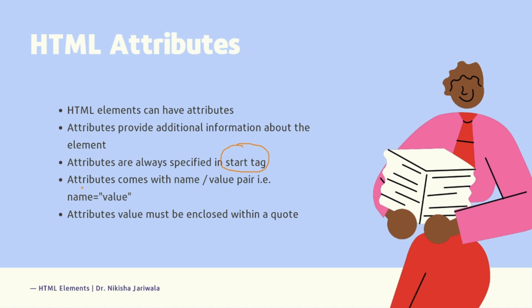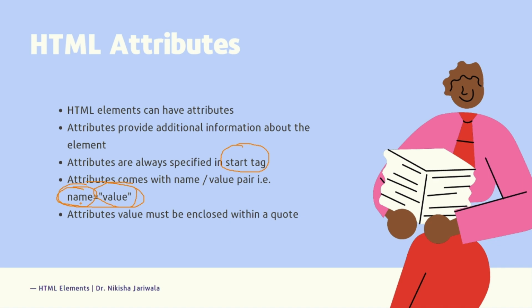Here I have given the syntax of the attribute, that is how we can specify it. Name means the attribute name, and value means the value we want to specify for that attribute. For example, if I want to set blue color for the text within that paragraph, I specify blue as the value and style as the attribute name, because I want the text displayed in blue. So blue is the value and style is the attribute within which I can set the color of the text within that paragraph tag.